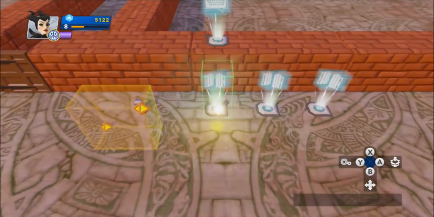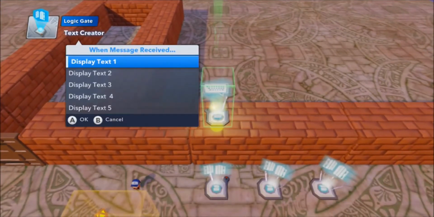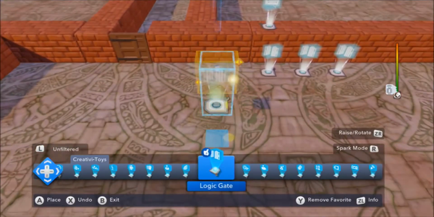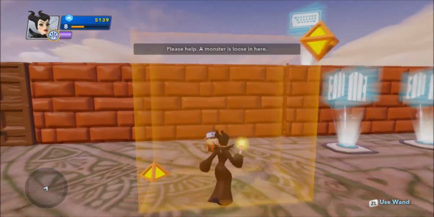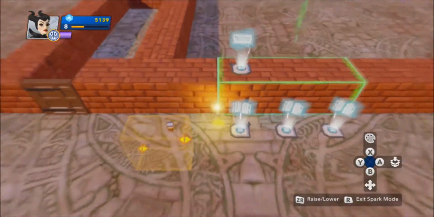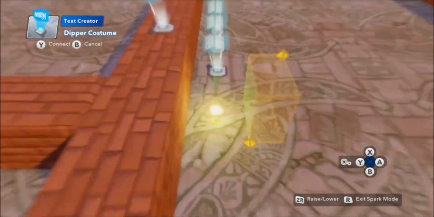So I'm going to take output, and the first part of our quest is display text 1. And Dipper's just going to say, please help, there's an enemy in the room, or something along those lines. A monster is loose in here. Okay, kind of cool, but what I'm going to do is take this and actually connect it to Dipper,